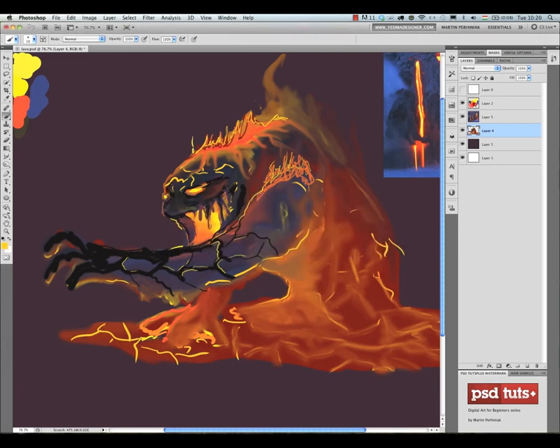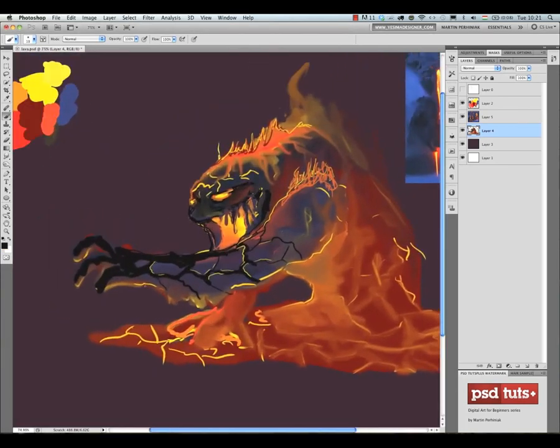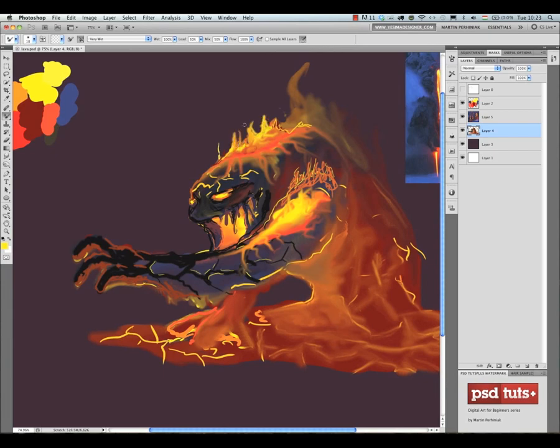So you can see I'm drawing in more details, and I'm using dark details and bright details next to each other just to create the contrast and to emphasize the depth and form and shape of the monster. And all in all, I would like to achieve this fiery effect. So as you can see, I made it look like there's a burst of fire on the top and on